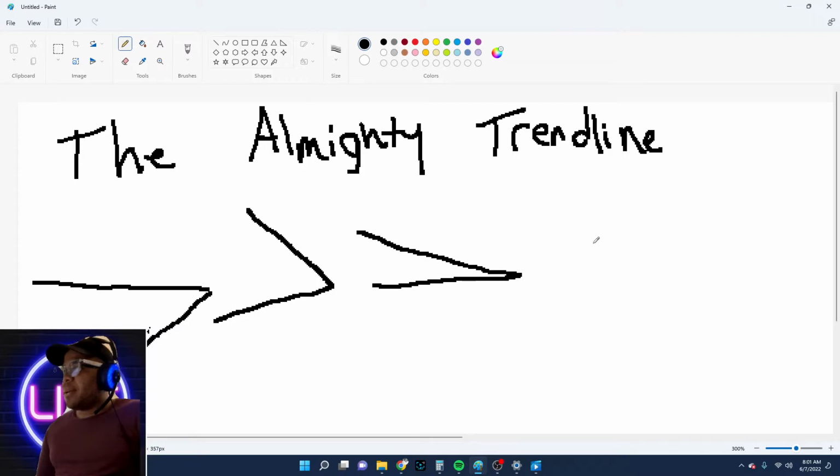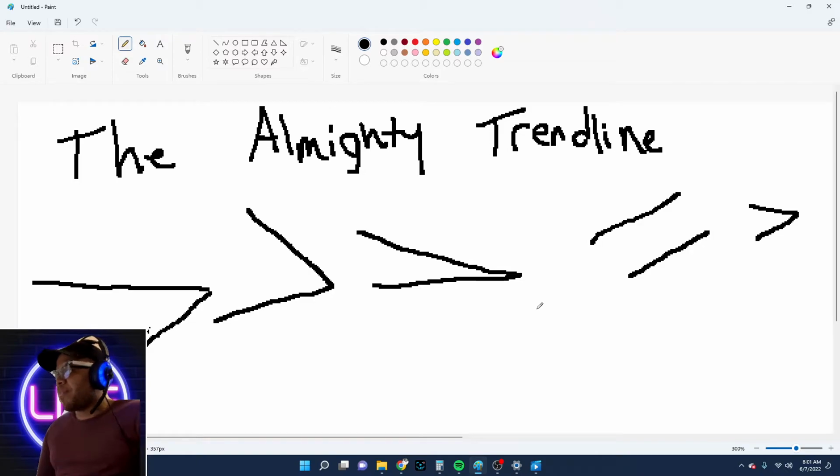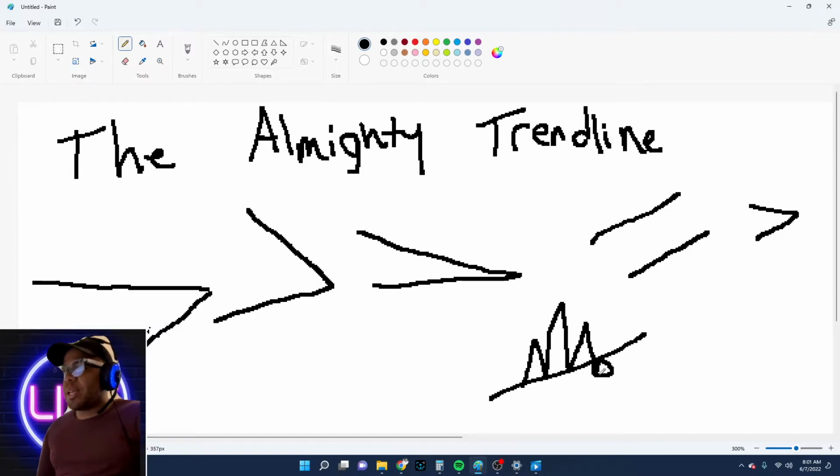You've got wedges. Okay, you've got flags, which are just smaller triangles really. But you have all of these patterns that are based around trend lines. You have the head and shoulders, and you put a trend line there, and when you get this break here, you're supposed to take the trade, if the volume supports that move, right? But what this is telling you is if you can use a trend line properly, you can really